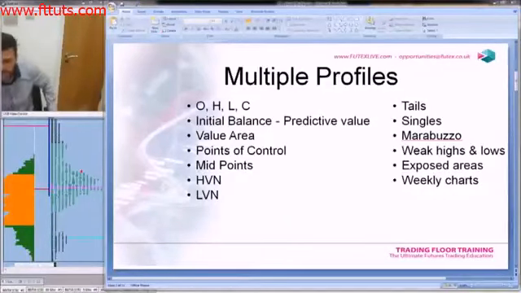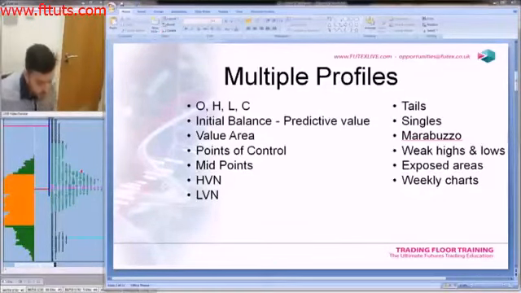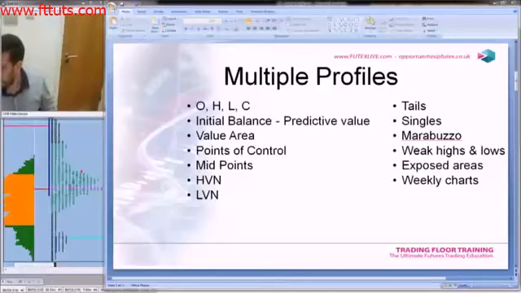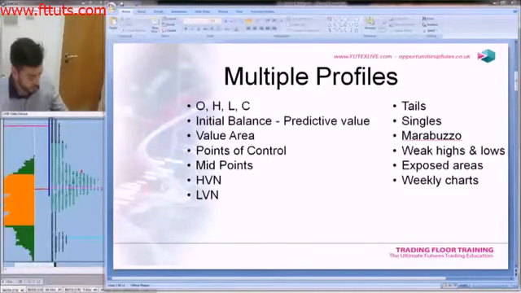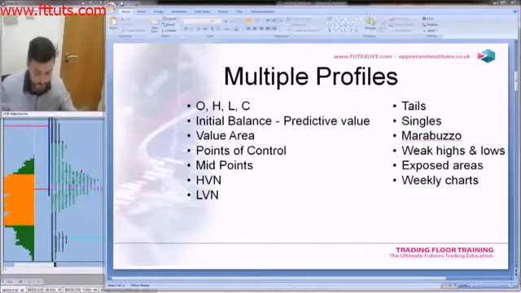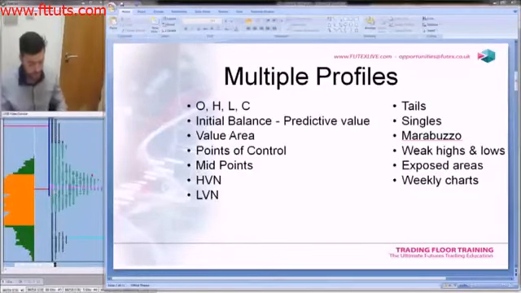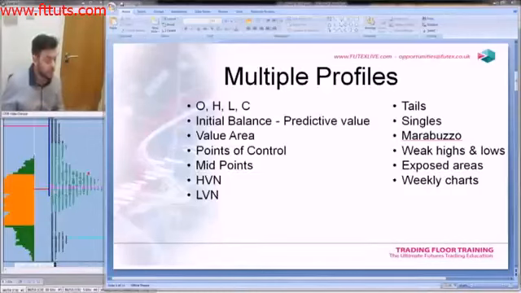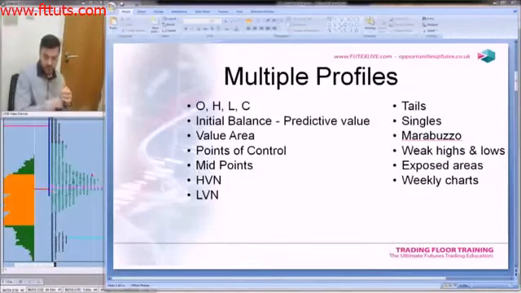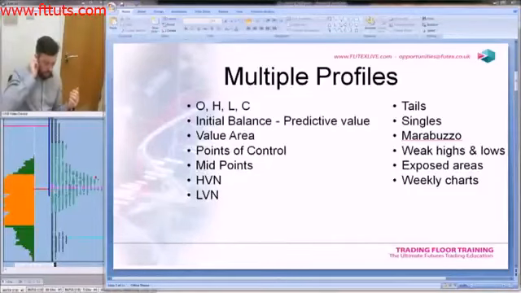There's 11 slides in this, so we should be alright to do it. But just as a recap from where we left off, we were talking about the mechanics of market profile. We discussed how it builds itself, how it has its time axis along the bottom, its price axis along the vertical,